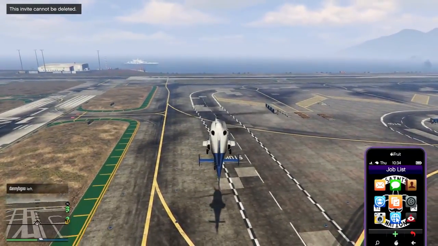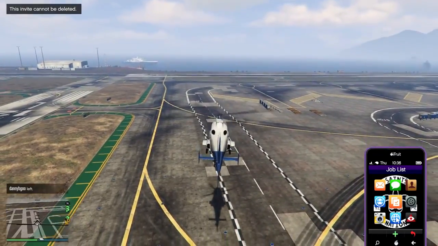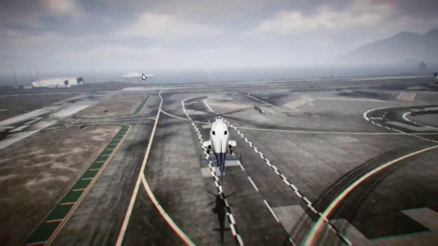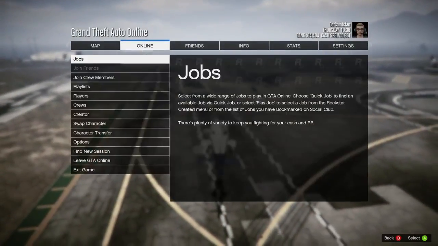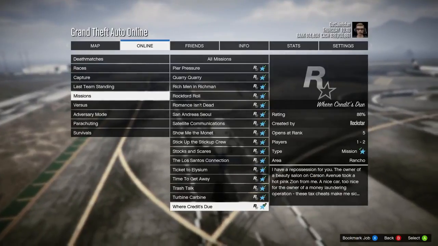Honestly, that's probably one of the best ways to go about making money. It's really fun. You don't have to worry about loading time since it's in free mode. Plus, most of that stuff is solo as well. But since there are many people who still enjoy playing these contact missions, I wanted to do an updated guide